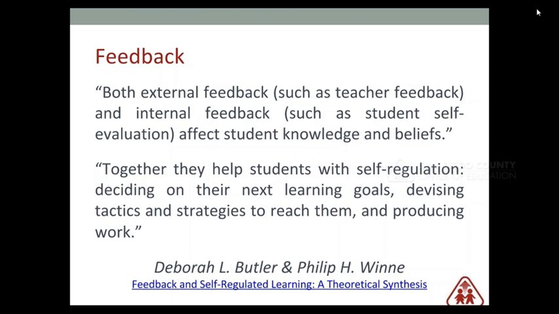And my background before I jumped into assessment was I was a high school English teacher, and we are terrible at giving just enough feedback so that students can produce that high quality work. We are one of those types of people that will overwhelm with feedback. And I think this has been really eye-opening to me, thinking about how students can get enough information to move that work forward and focusing on the feedback that matters for that particular task.